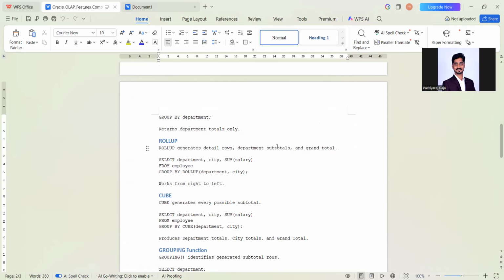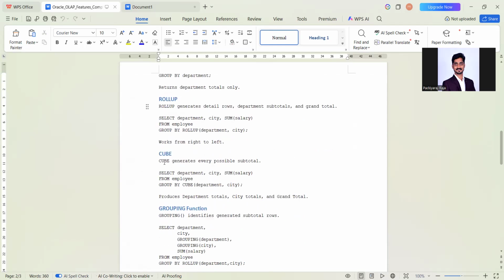Otherwise, the normal way, if you want to get subtotal and grand total, you have to use union. You have to write two different queries and bring the subtotal and grand total. But instead of doing that, just by giving roll up, you can get the subtotal and grand total in a single query. Okay. Cube, so it will give only whatever the hierarchical